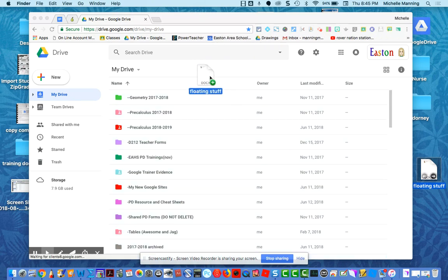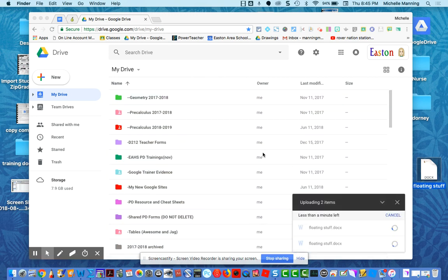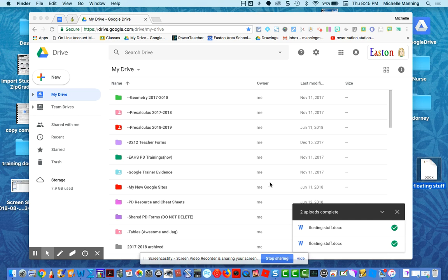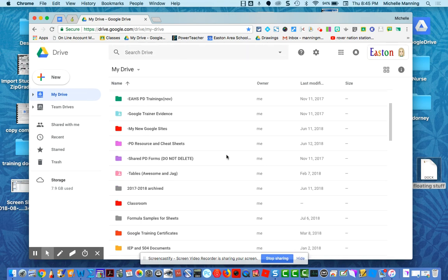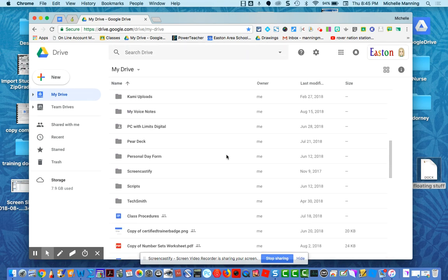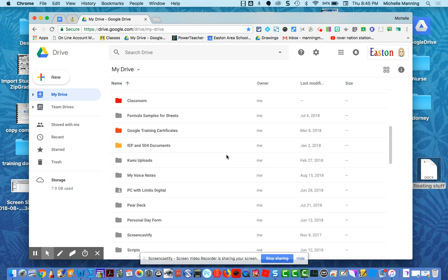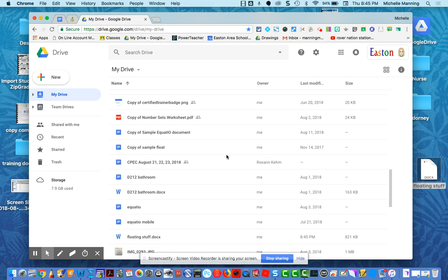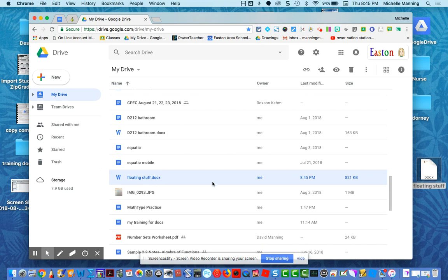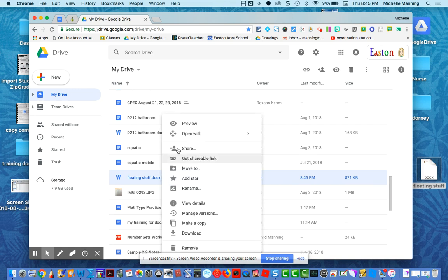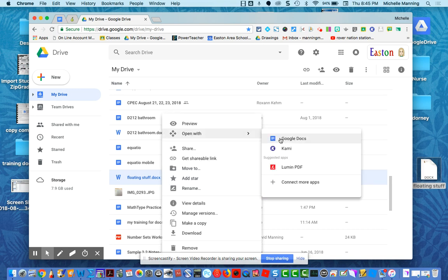I think I need to do that again. I don't think it went. Or maybe it did. I'll just let that go. And I have two versions. That's okay. So I'm going to go ahead and find my floating text file. Let's see where it is. There you are. So floating stuff dot docx. I'm going to right click on that Word document and I'm going to open with Google Docs,